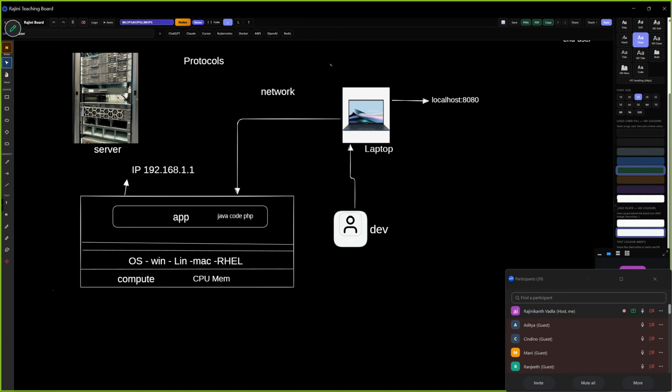Protocols means, for example, when you are talking with a prime minister, your mind already gives you some sort of protocol: we should behave like this in this environment, we should talk to a person like this. Your mind automatically sets that protocol. When you're talking with your friend, there's a different protocol. When you're talking with your father or brother, there's a different protocol. Your mind automatically adapts and creates the communication protocol for you.